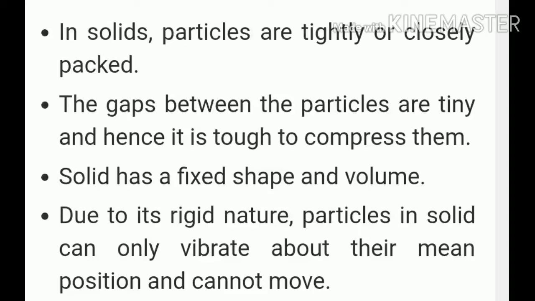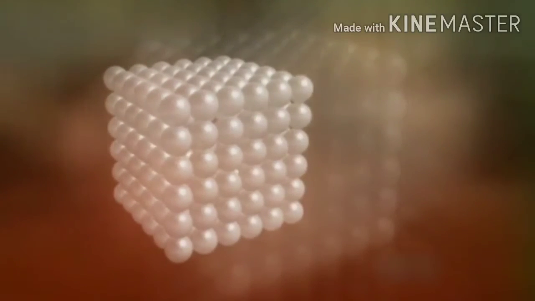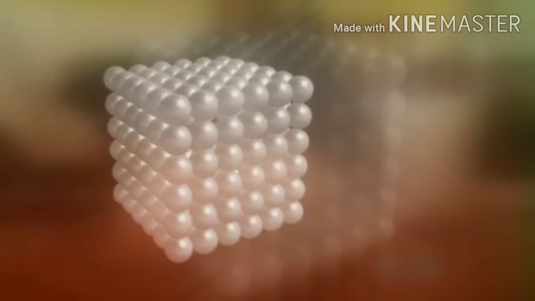One more thing is, due to its rigid nature, the particles in a solid can vibrate about their mean position and cannot move. Dear students, already in the previous video I told you the matter is continuously moving. So in solids also the particles are moving, but due to the tight bonding, they vibrate in a limited area. They will not move farther. You can observe in this video how the particles are vibrating. Due to this vibration, even the animal's body has a fixed temperature. Our human body also has a fixed temperature due to the vibration of the molecules. So due to the vibration of the molecules, we have some kinetic energy.